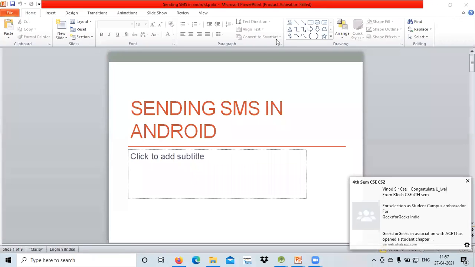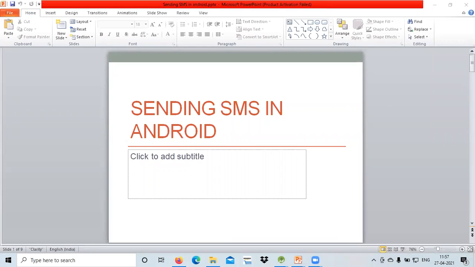Okay, so we can either use the inbuilt SMS application, or we can directly develop it. If you are new to the Android platform and need to send an SMS in Android, for that purpose we can use the SMS manager API.